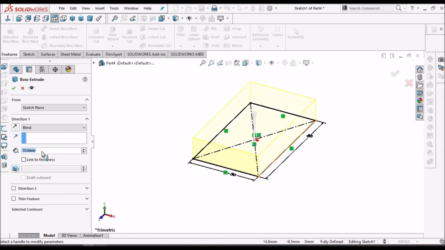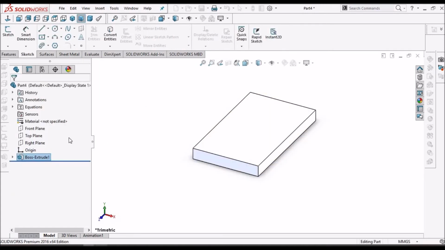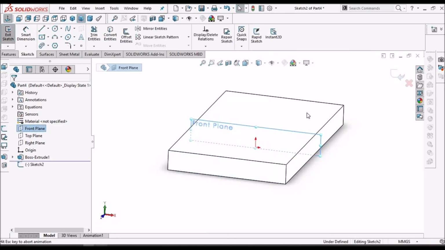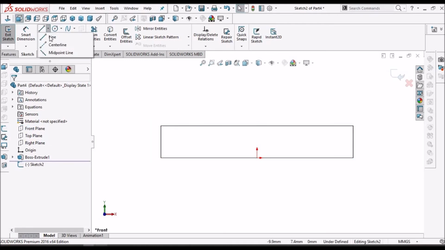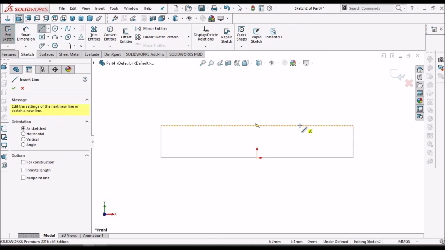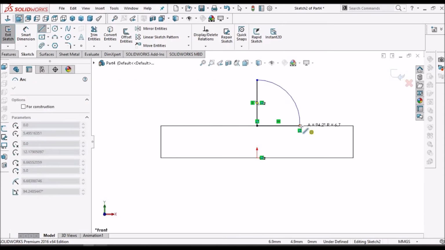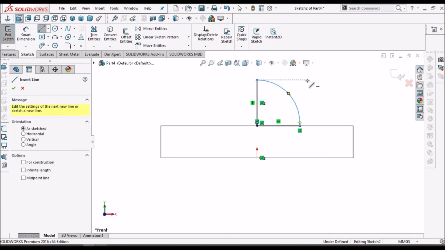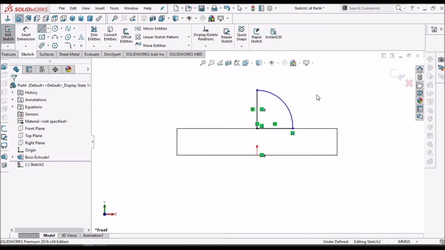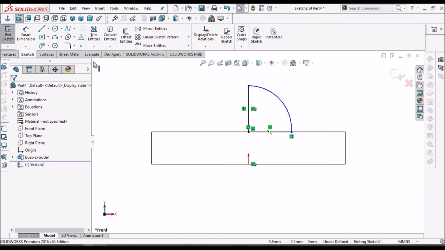Now select the front plane, go to sketch, keep it normal and take line option and create the lower cross section.